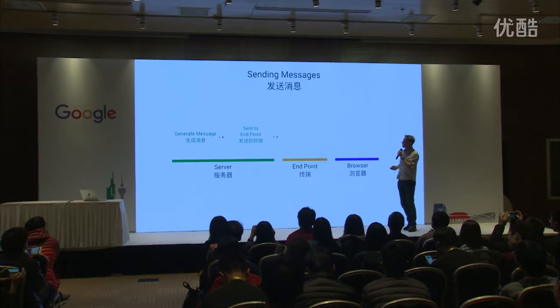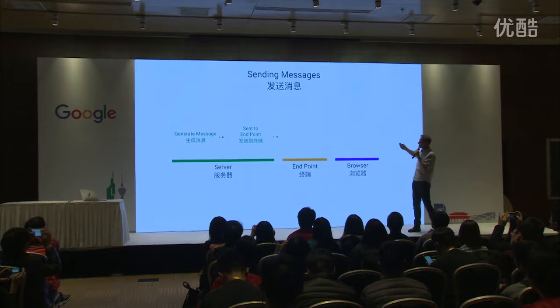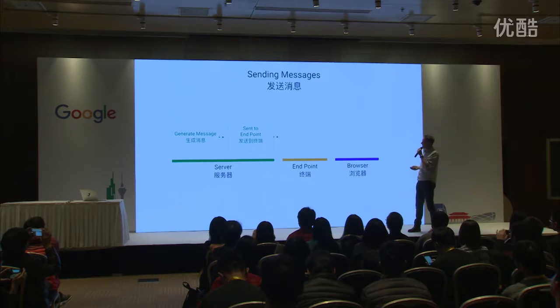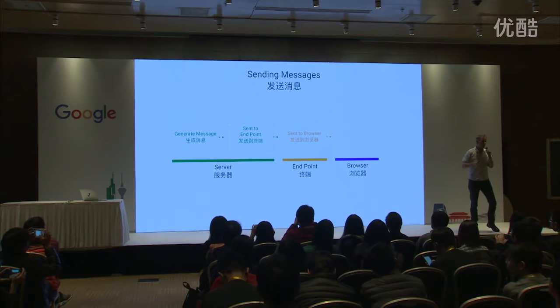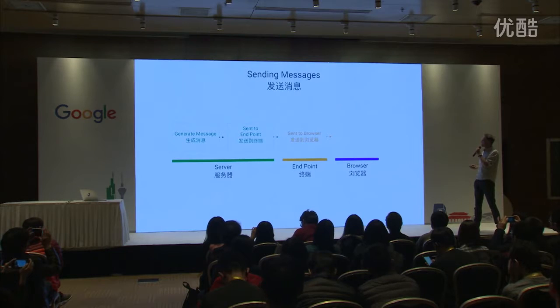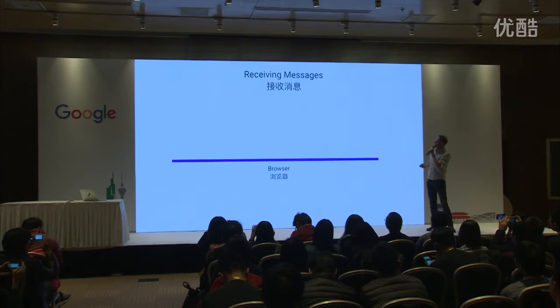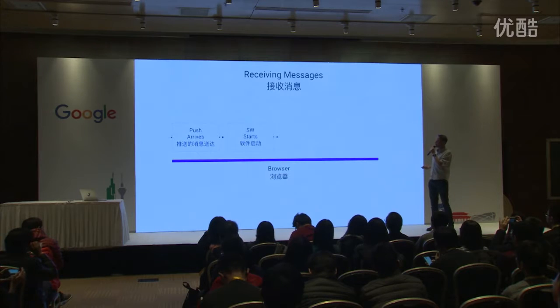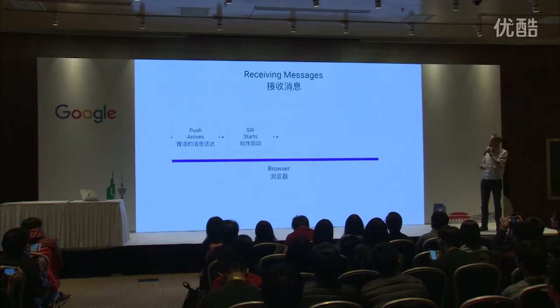On the endpoint, as in the device, the operating system will send a message to the browser, the Service Worker will wake up, and as the push event happens, the Service Worker can display a notification,